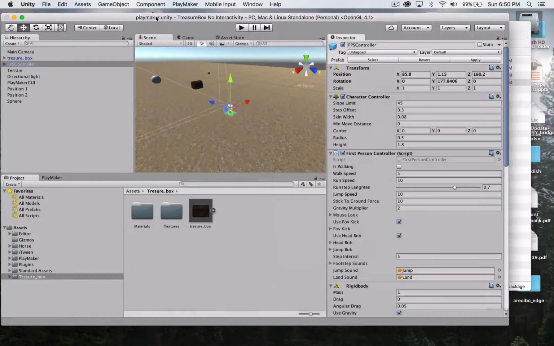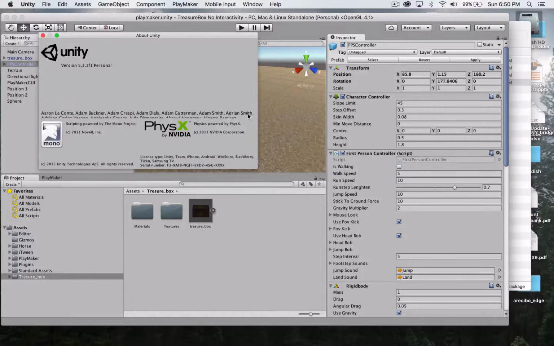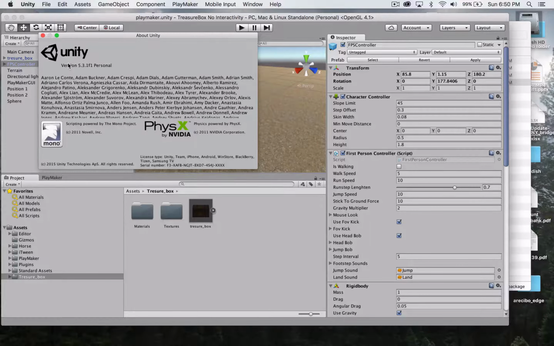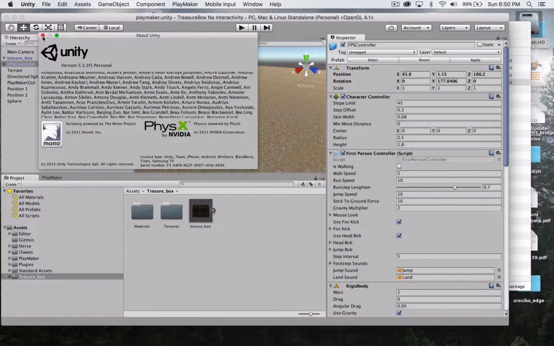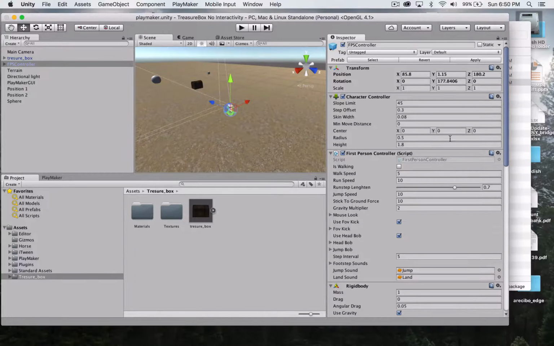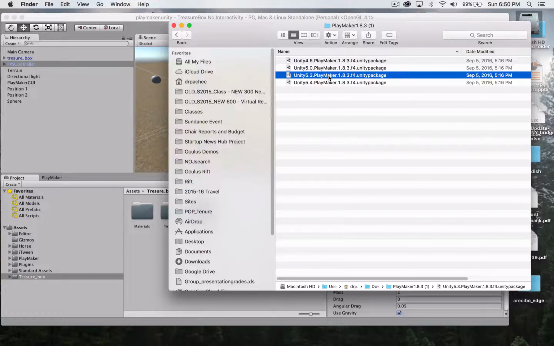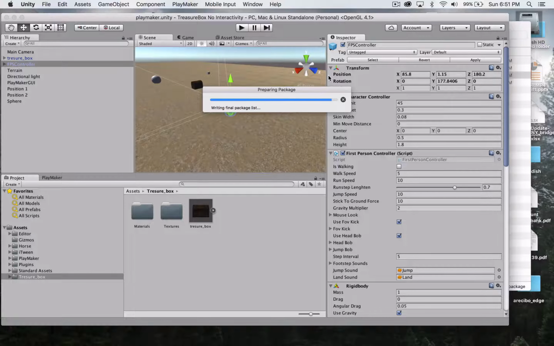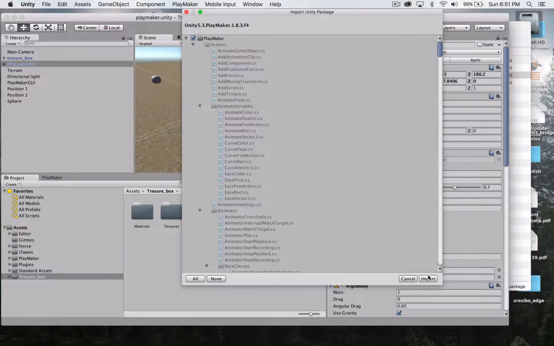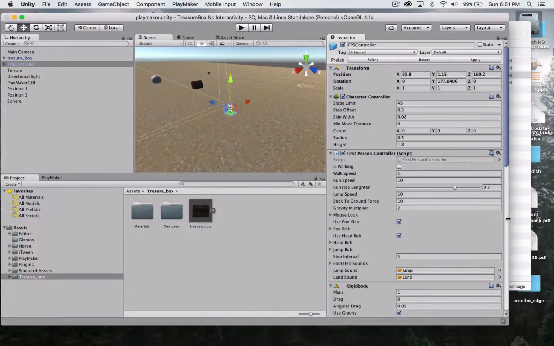You need to go to your version of Unity and go to Unity, About Unity, see which version you have. So here I see I have version 5.3. Okay, so then I come over here, and with Unity open, with my scene open, I then find that version, and that's the version I double click, and only that one. Don't install the other ones or you will mess up your project. Okay. And when I do this, then it asks me to import the asset, which is all good,